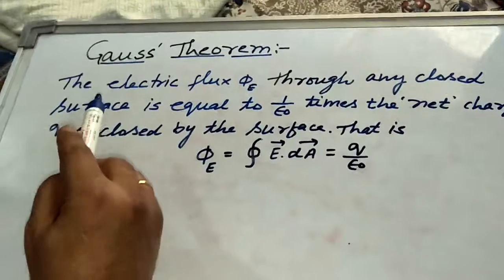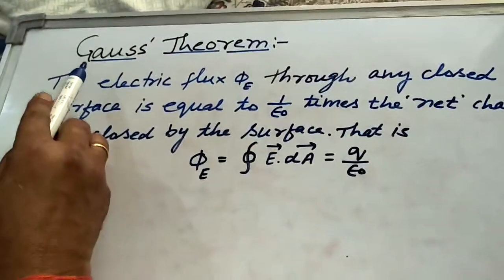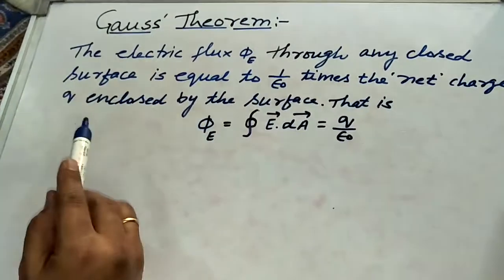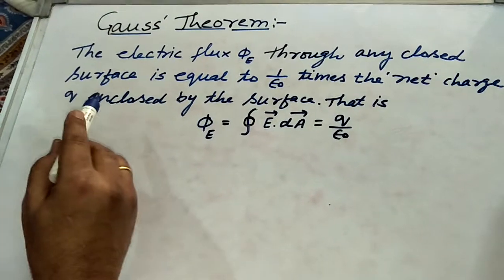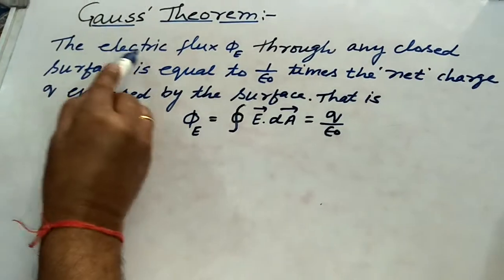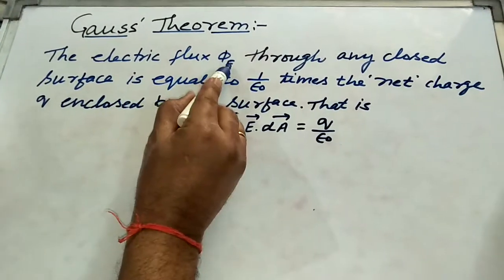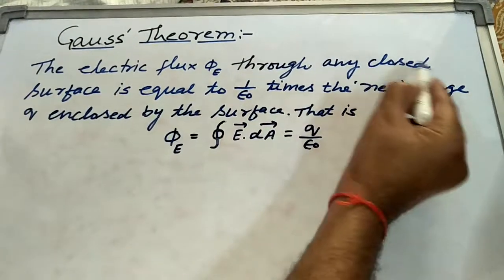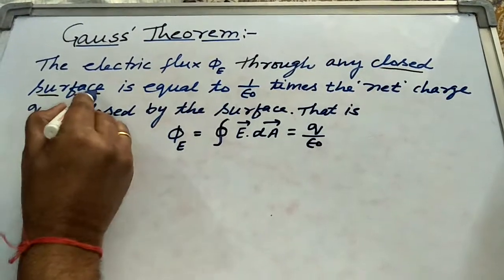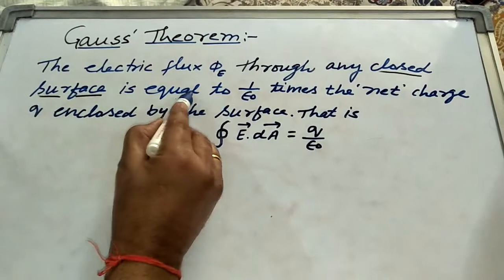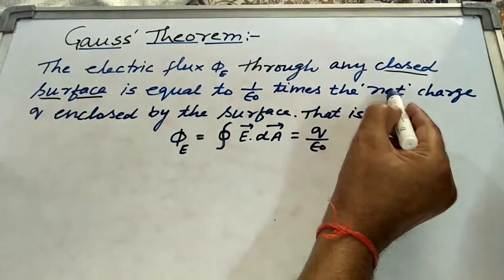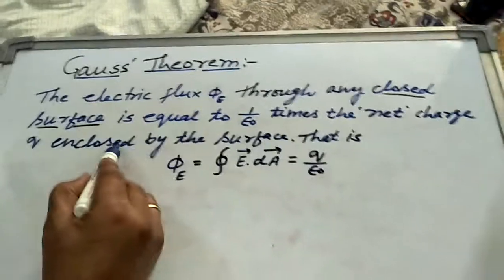Student, in this video, I am going to give you the statement of Gauss theorem and then the proof of the Gauss theorem. So, what is the statement of the Gauss theorem? According to Gauss theorem, the electric flux, denoted by phi e, through any closed surface, and here the important point is through any closed surface, is equal to 1 upon epsilon naught times the net charge q enclosed by